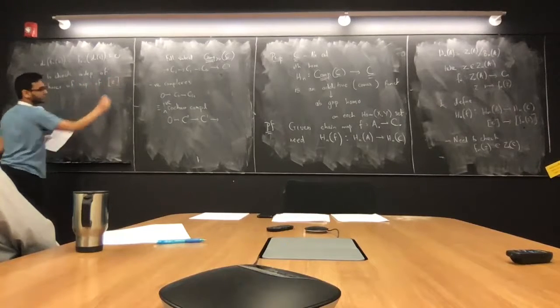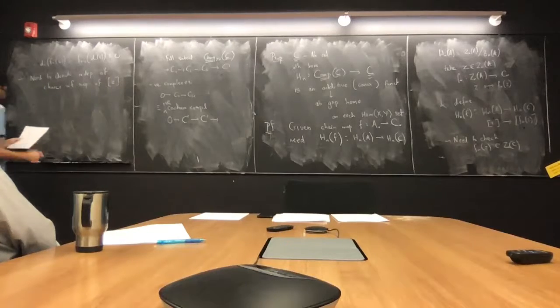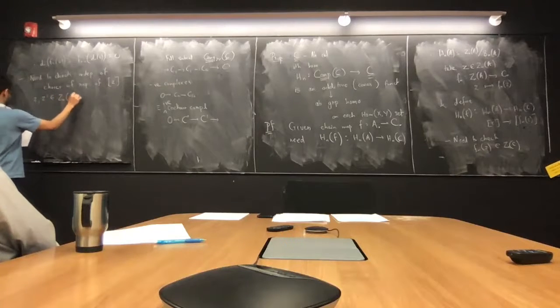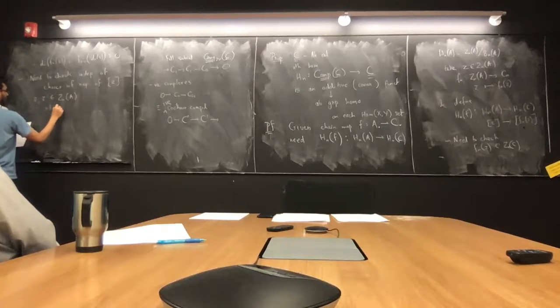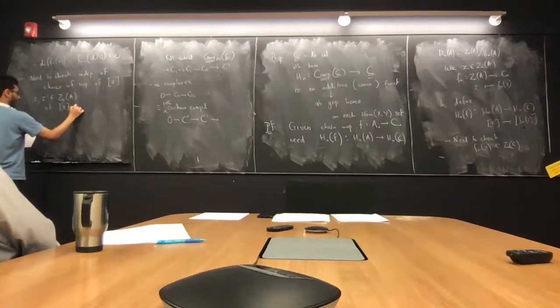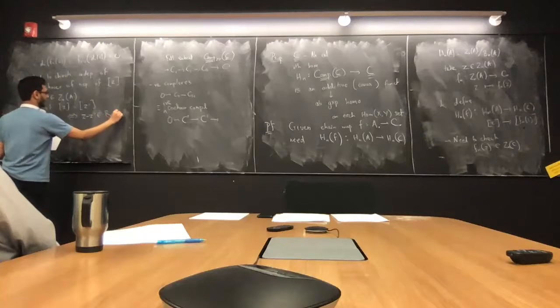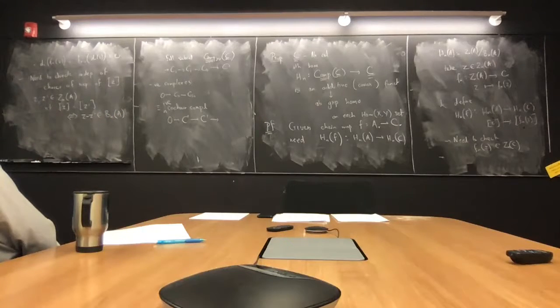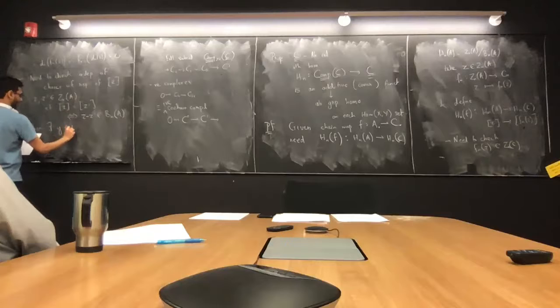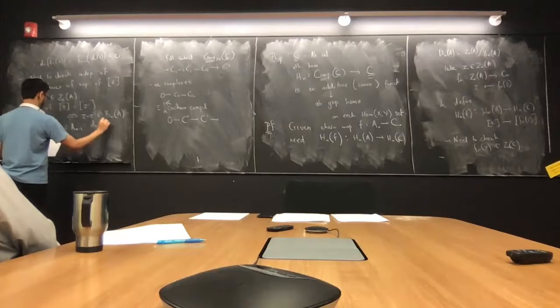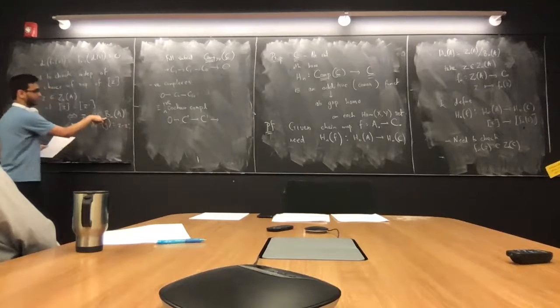Of the equivalence class of Z. Yeah. So suppose Z and Z prime are elements of Zn of A such that they have the same equivalence classes in the homology, which is the same as saying that Z minus Z prime belongs to Bn of A. All right, then there exists a Y in An plus 1 such that Dn plus 1 of Y is equal to Z minus Z prime by this,